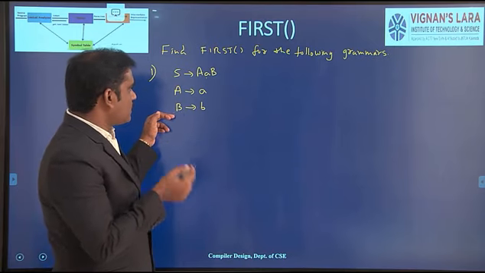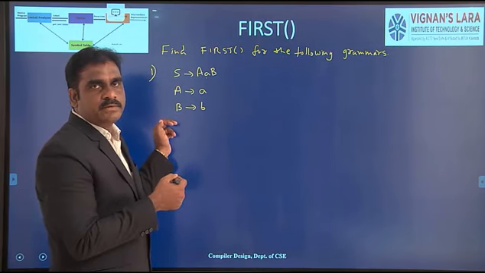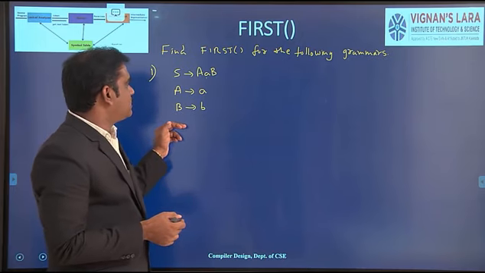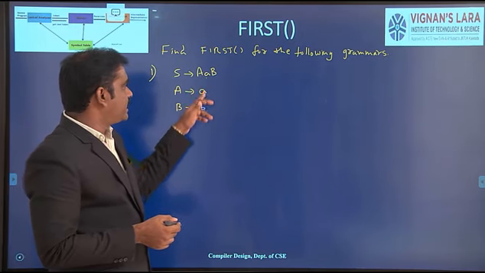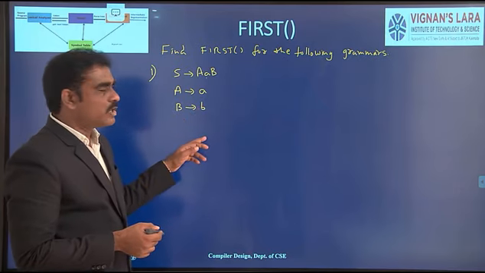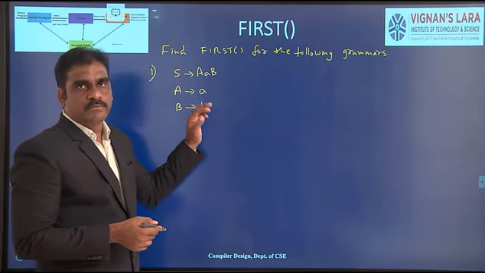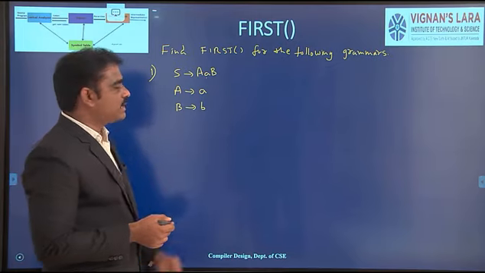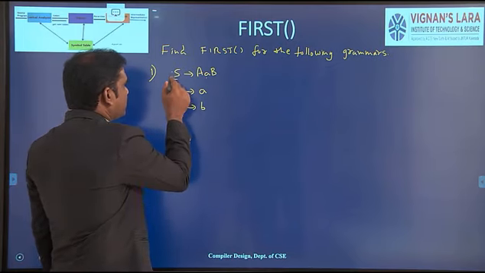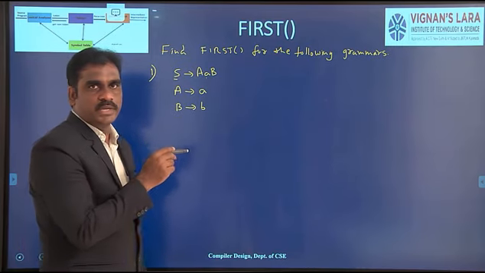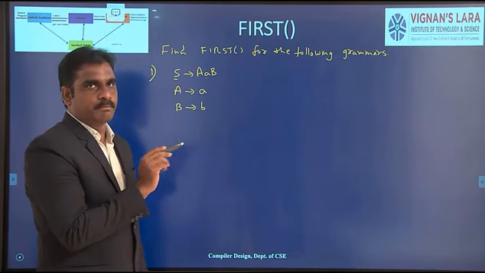See, the first rule is first to derive the given grammar tuples. And the second one is T. T means terminals, a and b. Third one is production rules. These are the production rules. And the fourth tuple is the starting symbol of the grammar. So here the starting symbol of the grammar is S. So S to AAB, A to a, and then B to b.